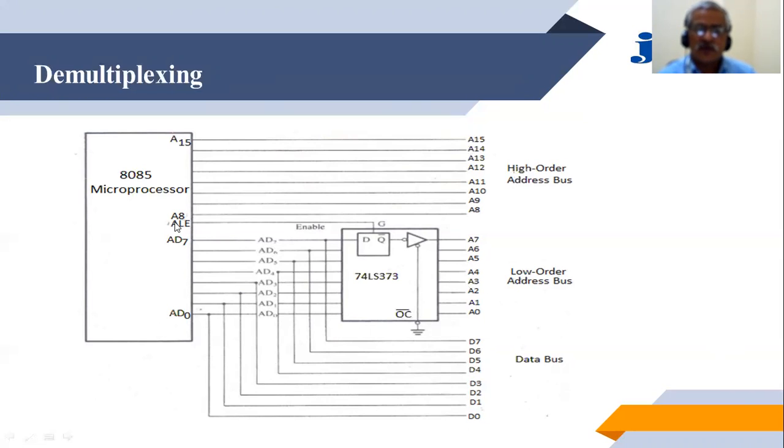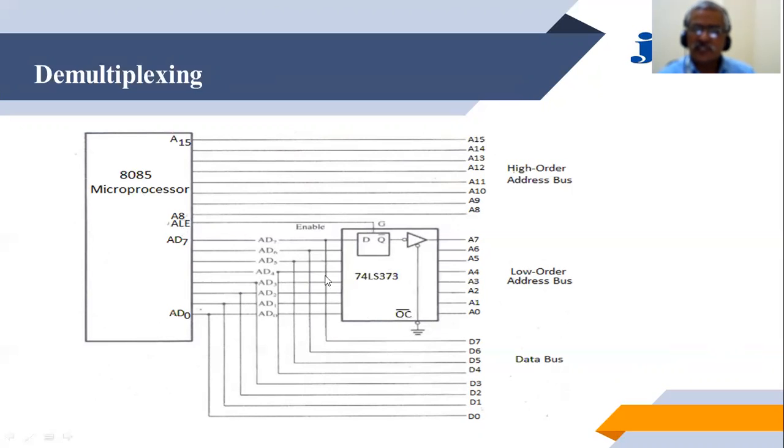On the 8085, pin number 30 is assigned the name ALE. Pin number 30 is ALE. ALE stands for Address Latch Enable. The purpose of this pin number 30, Address Latch Enable, is to enable this latch, or to select this particular latch. So the function of the ALE is as a chip select or chip enable.